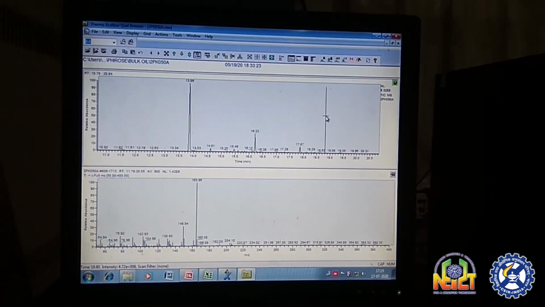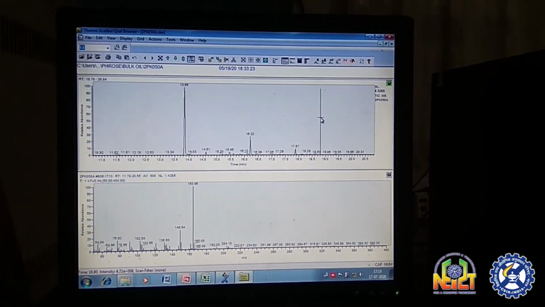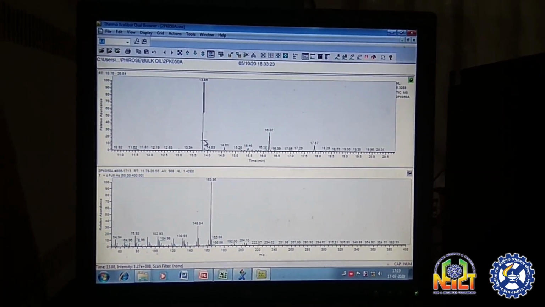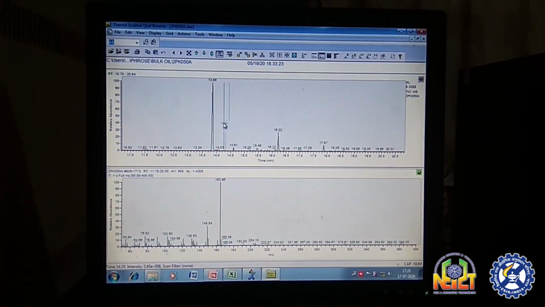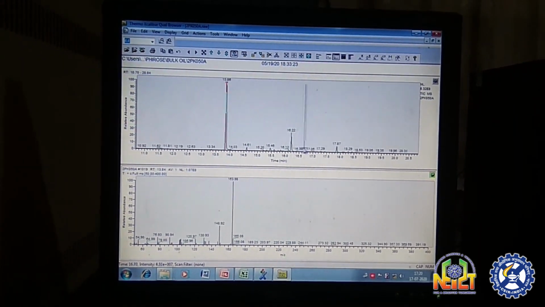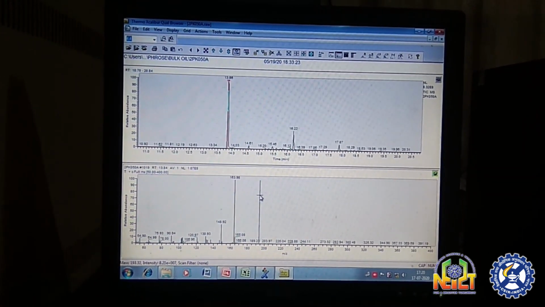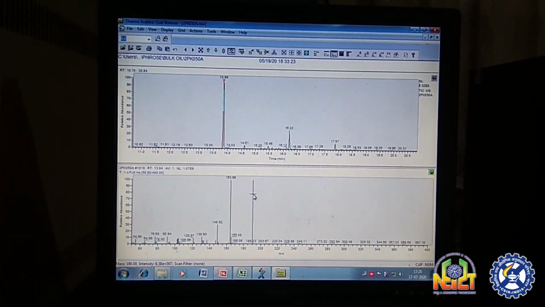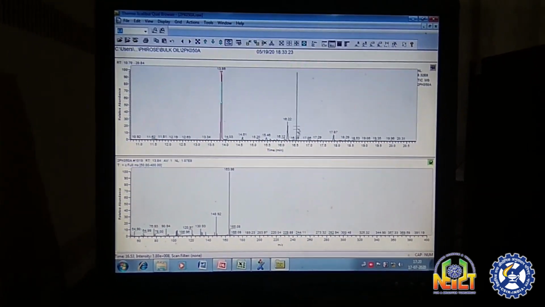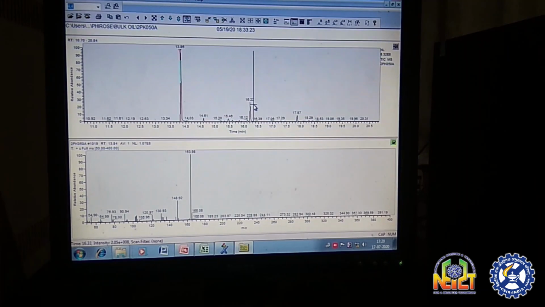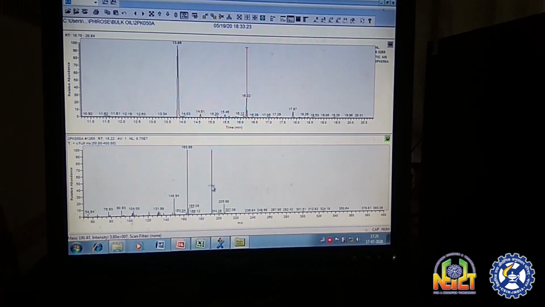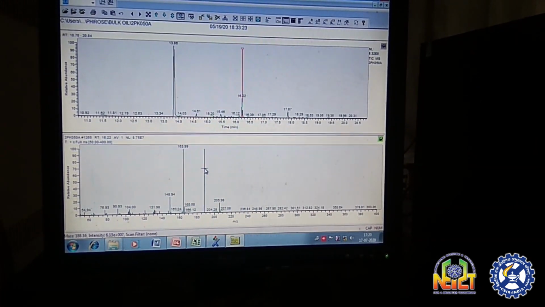Now the lower cell represents the mass spectrum. For any analyte of interest, if you simply click on its peak, you can get the corresponding mass spectrum in the lower window, and this mass spectrum is a plot of m/z, or mass to charge ratio, versus relative abundance. For example, if we consider the peak visible at the 16.22 retention time and click on it, you can see the corresponding mass spectrum of that analyte.